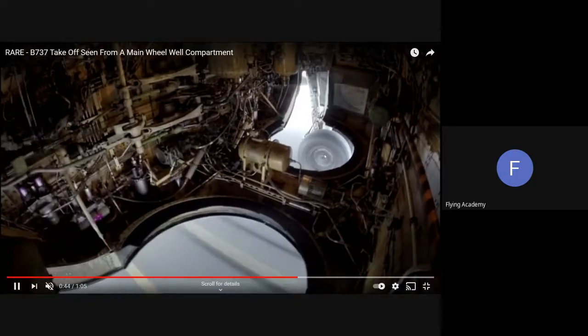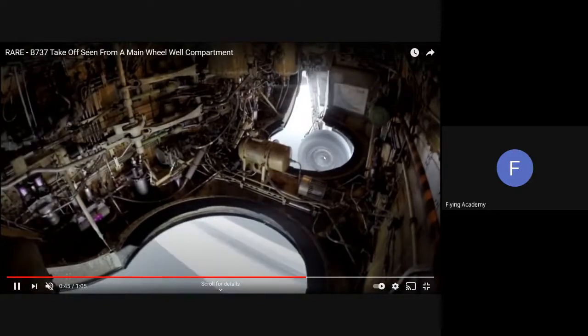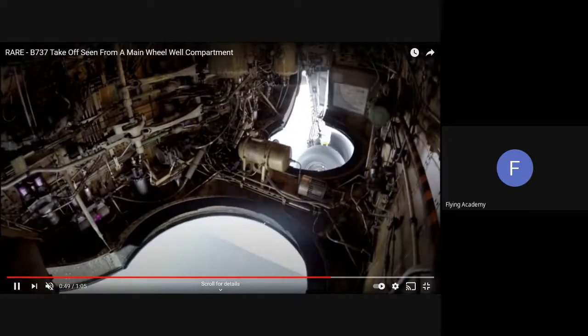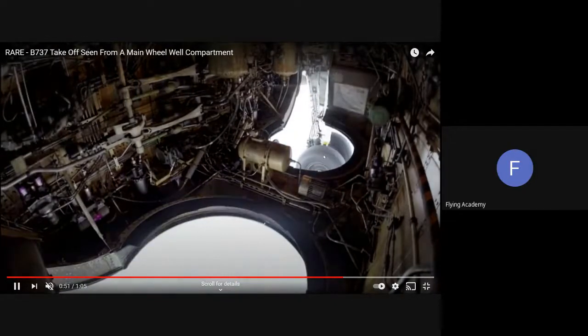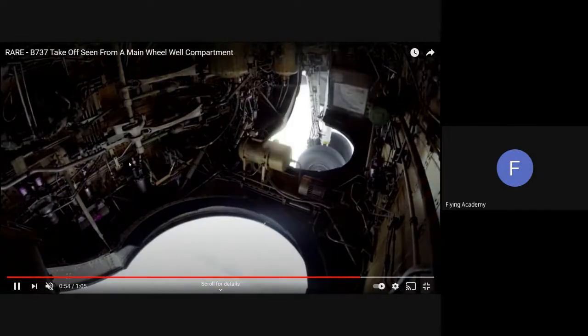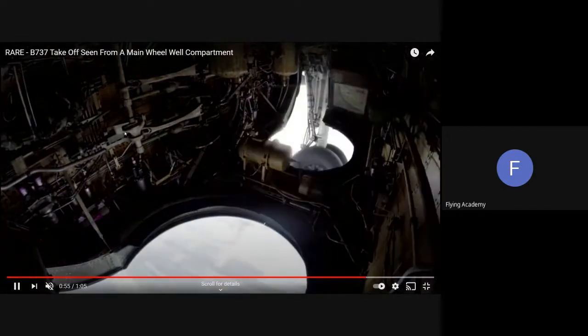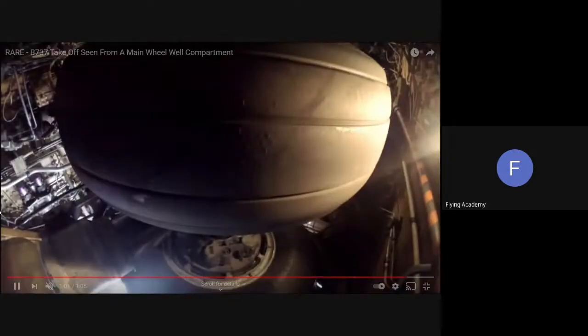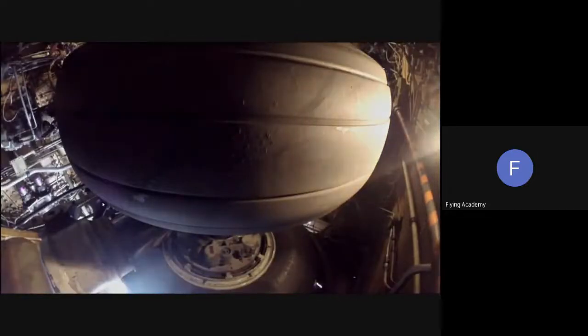The lift starts to be generated. The gear starts going lower, lower, and lower because the airplane starts to lift off. Positive rate of climb. As you can see here was the movement of the brakes because our tires are not rotating anymore, and the landing gears go in the up position when positive rate of climb is established. And yeah, we're still able to see outside.